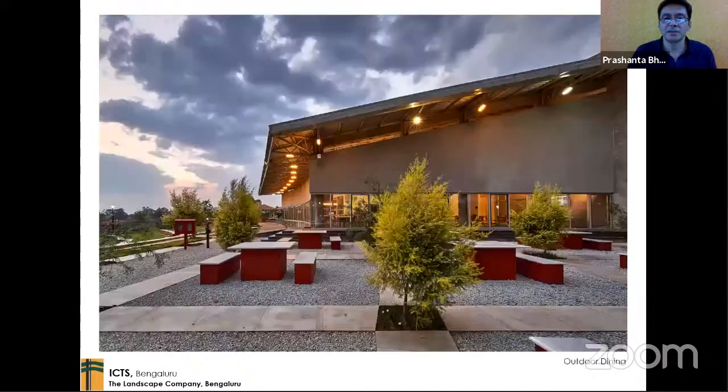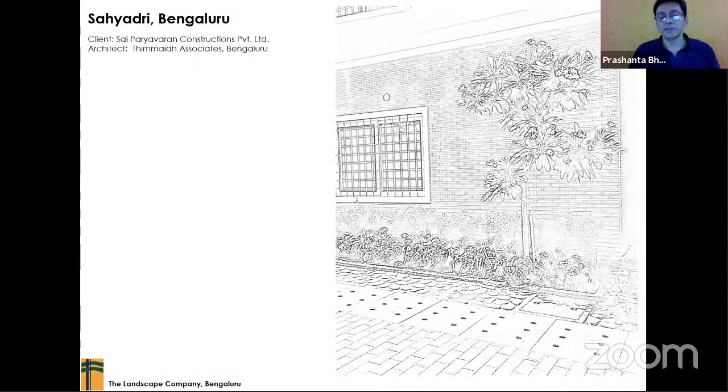More spaces. This is the dining area. We felt that the people should be able to bring their plates outside to sit and eat. So the cafeteria is what you see inside, further beyond, and then people will be able to bring their plates out to enjoy. I'm going to shift to showing you some of the other category of projects.